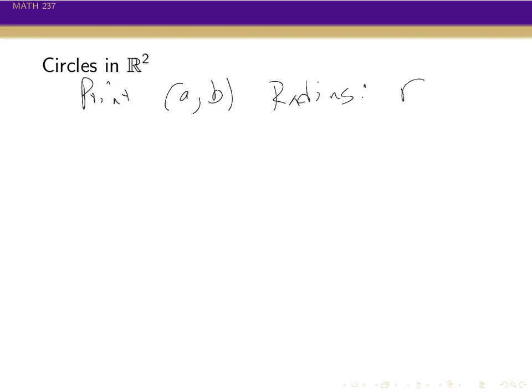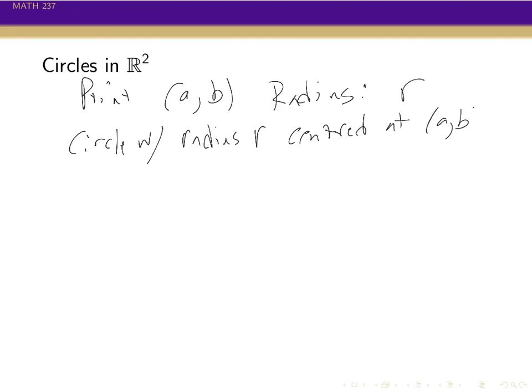Let's call that r. And then the circle with radius r, centered at the point (a, b), is all the points, or the set of points,